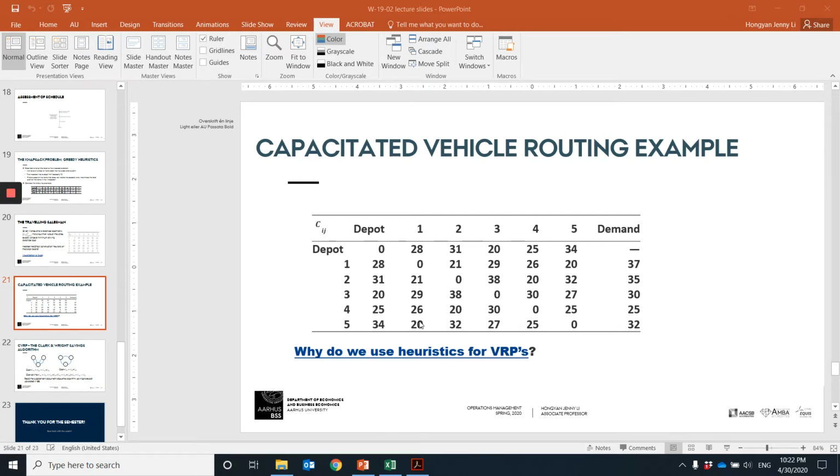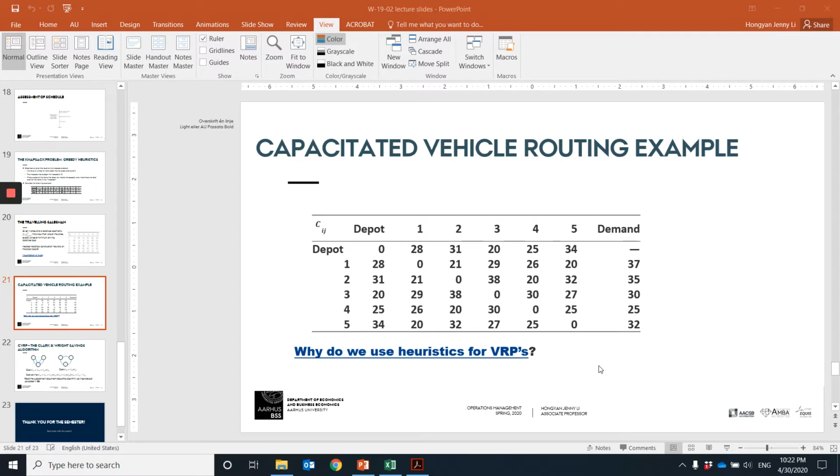This heuristic example is about a capacitated vehicle routing example. This problem is normally considered a very difficult problem, so it's very common to use heuristic algorithms to solve it. First, this problem is